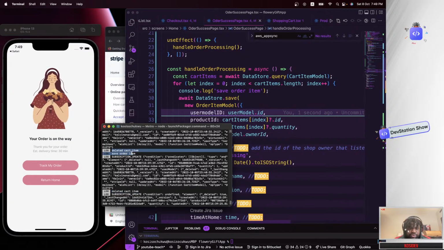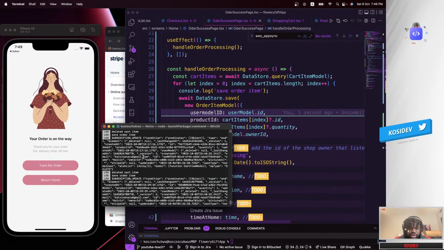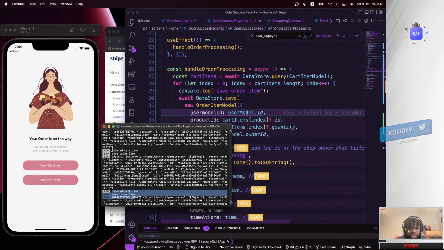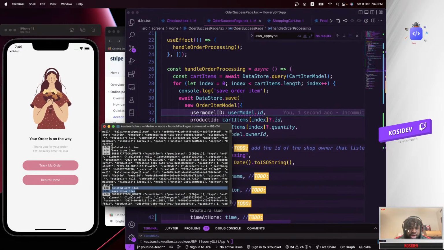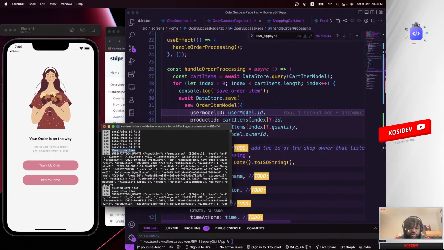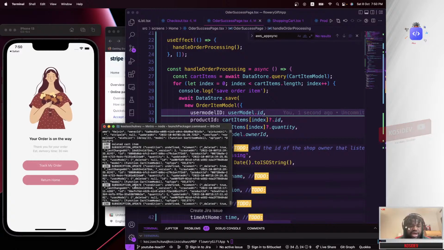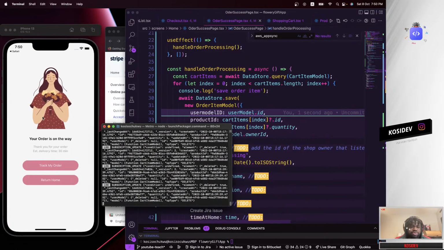Deleted card and saved order called here, and again, deleted card saved order, multiple times. These have been called the number of times of the items we have in our shopping cart, which is great.